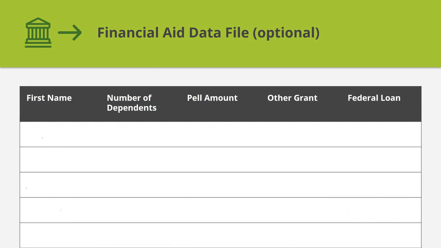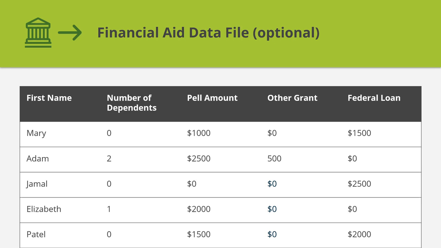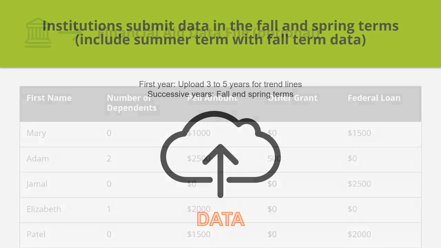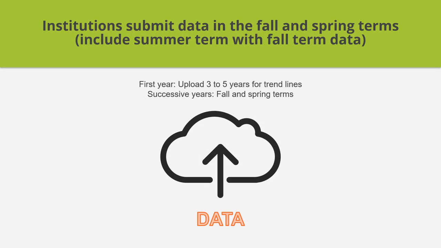In addition, your institution can upload an optional file which contains financial aid data for students enrolled during the cohort year. Those data include the number of dependents, the amount of Pell Grant awarded, other grant amounts, and federal loan amounts. The first time your institution submits data, it is ideal to submit 3 to 5 years of data to